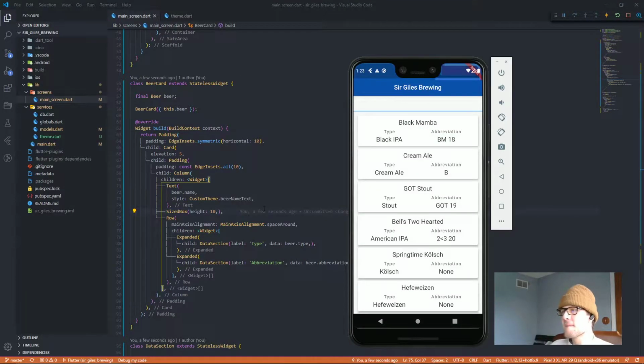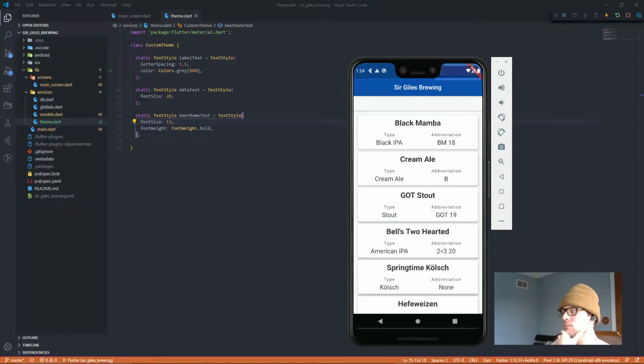So first, I think the text is way too small and all the text is the same. We should have some variation amongst the text. All right, this is definitely better. I'm still not really feeling this design though. Oh, maybe if I bold the title of each beer. No, this is bad. I can't tell if the font is too big or if I don't like the bold.